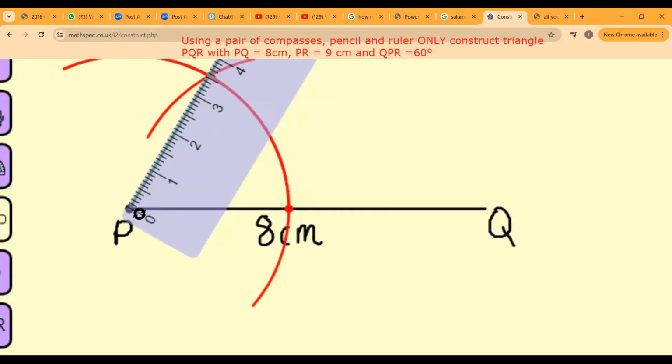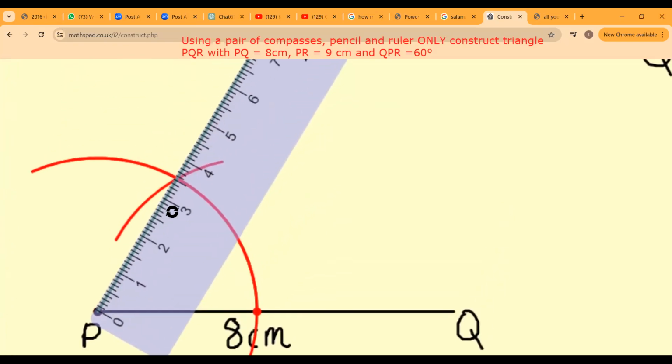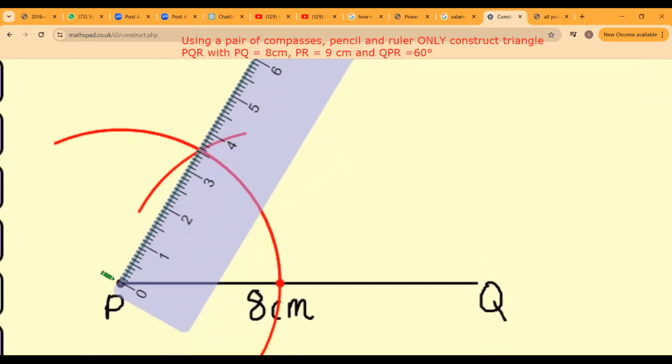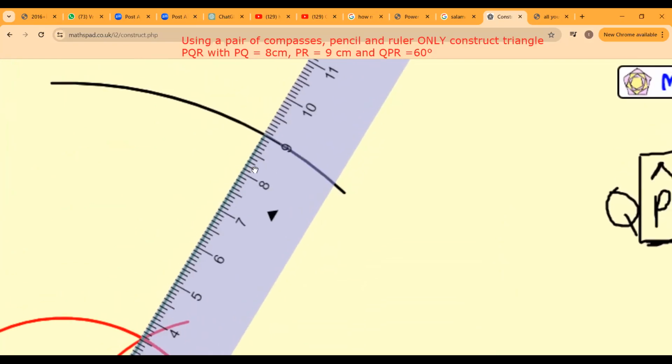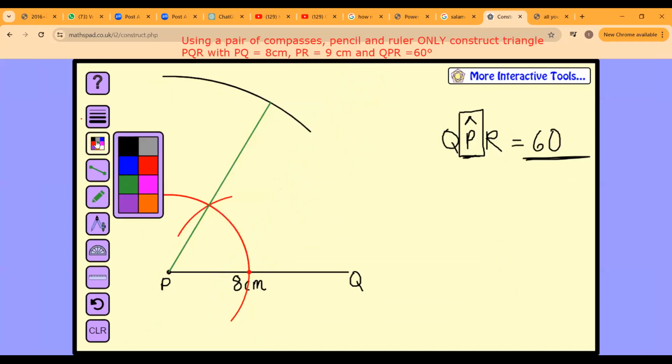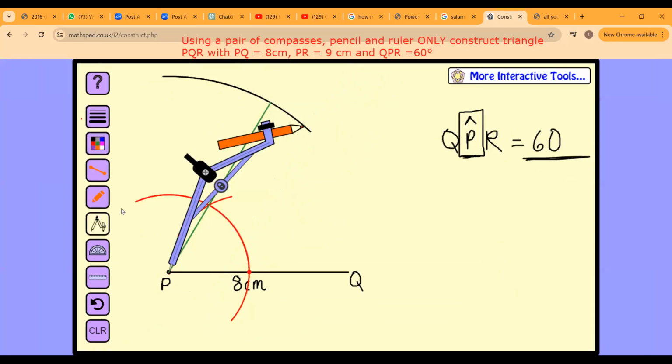From 0 straight to 9 centimeters. Do you all see that? From 0 to 9 centimeters. Let me know if y'all see that. Yes, sir. So we have to label it now, 9 centimeters. So we're going to call this, let me move this and move that. So this is going to be 9 centimeters.